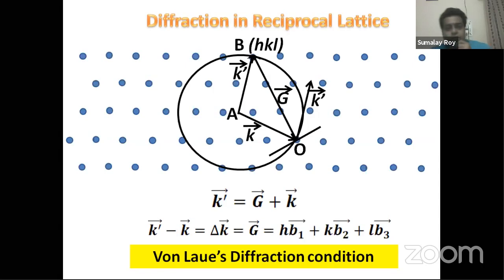So this way, if you discuss the thing, it means that these two diffractions are not completely different. They have to have a diffraction meaning of this diffraction. Since both of them are diffraction in the crystal, at some point they have to match. So they are not different at all. Bragg's diffraction and the von Laue diffraction are the same, but they have to be looked at in a different way. That is right. But the results will come out the same because both of them are the same diffraction. Okay, so this is the von Laue diffraction condition.